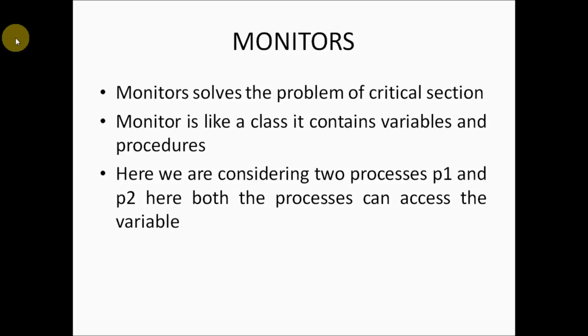You know that the critical section problem means avoiding the race condition. That means no two processes can simultaneously use the same data. Instead, only one process should be allowed to enter the critical section and use the data, right? If you want to know more about the critical section, you can refer to my video, the link is in the description. To solve the critical section problem, I can use semaphores.